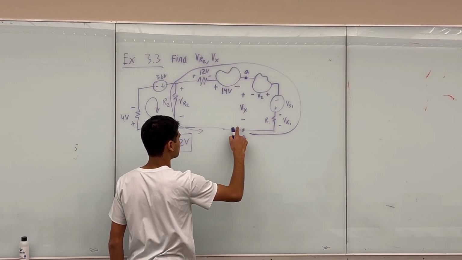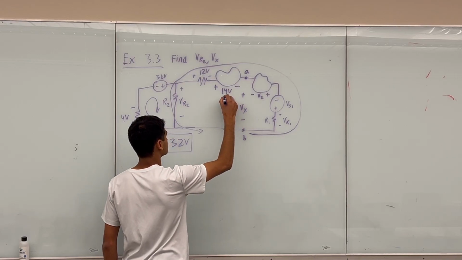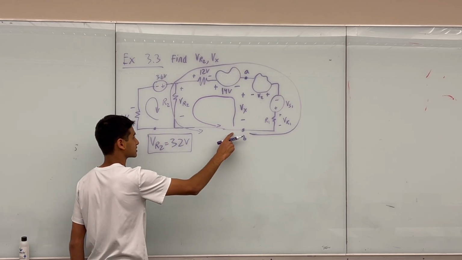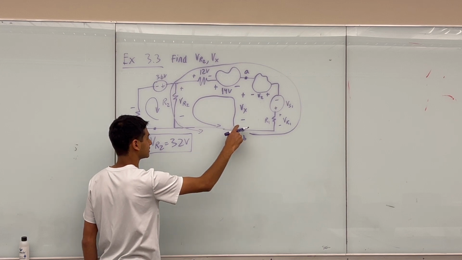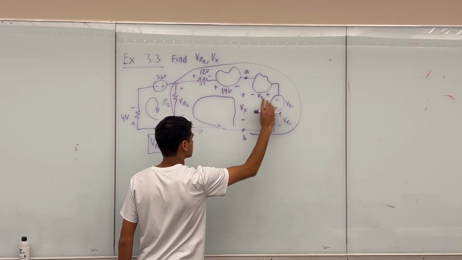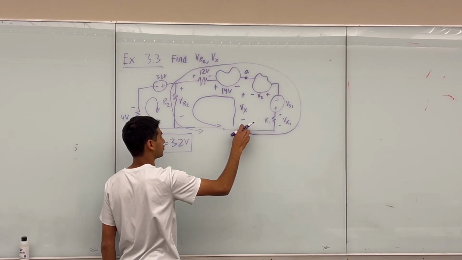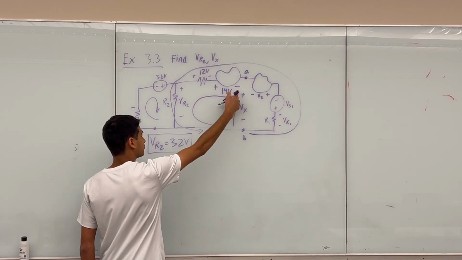So I'm going to start at B. I'm going to go up Vx. I'm going to go around this way and end at B. And so since I'm starting and ending at the same point, this loop is completely valid. So I'm just going to ignore this side of the circuit since I know that the difference between this point in the circuit and this point is Vx. So I'm going up Vx here,